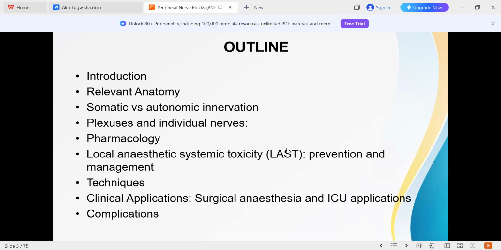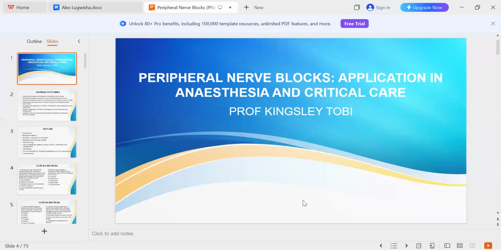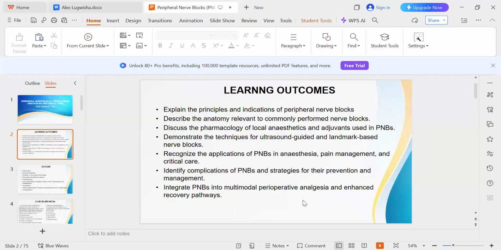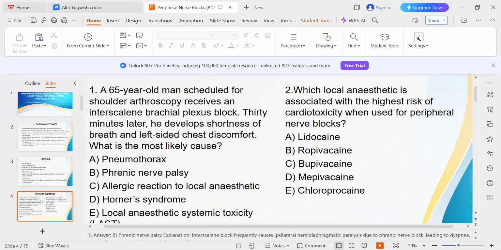So look at our outline. We'll follow this outline. Before we continue, as usual, let's try to answer these few questions. Okay, so the first one is,